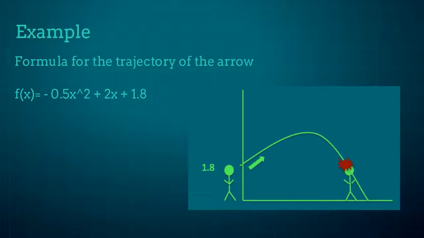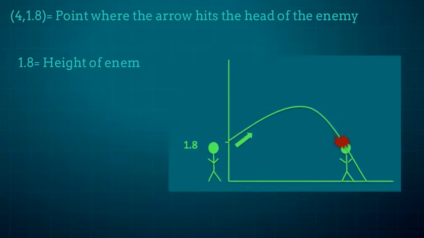Our example for the instant rate of change is when you, as an agent, shoot an arrow to the enemy. Now we will calculate the trajectory of the arrow at a specific point. The formula of the trajectory is minus 0.5x squared plus 2x plus 1.8. The specific point is x equals 4, y equals 1.8, which is when the arrow hits the head of the